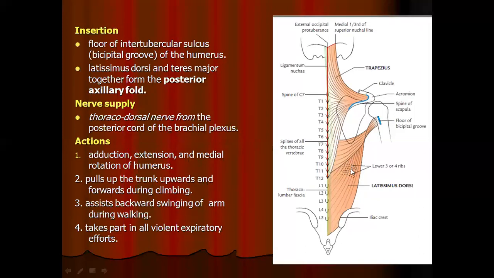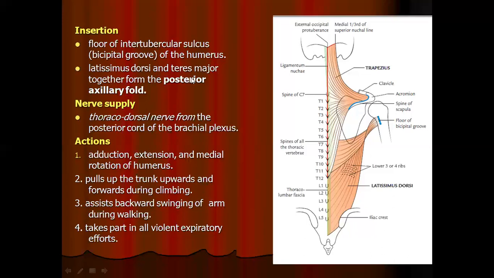Now let us see the insertion of latissimus dorsi. So this is the humerus bone, and here we have the intertubercular sulcus or the bicipital groove, and in the groove we have latissimus dorsi. Actually we have discussed, there was a dictum for us to remember easily: lady between two majors. So the lady is in the floor, L is standing for the latissimus dorsi, isn't it? And the other majors are the pectoralis major and the teres major, related to the lateral and medial lips of the bicipital groove. Okay, just a little bit of recollection.